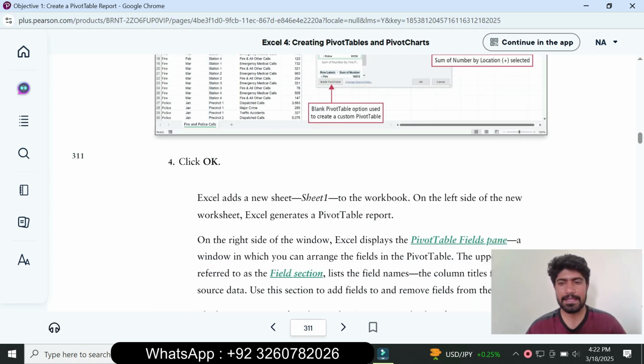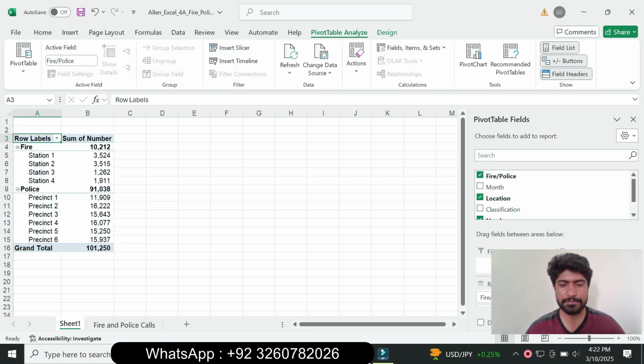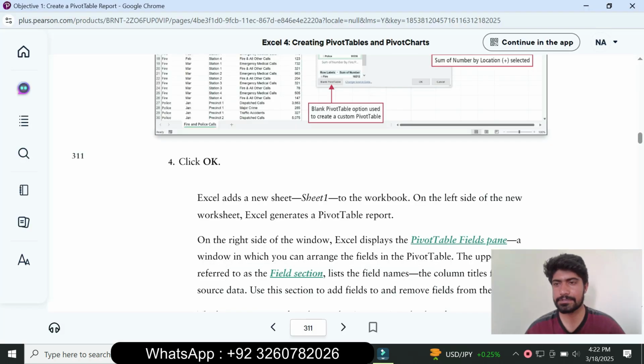Next, Excel adds a new Sheet1 to the workbook on the left side of the new worksheets and Excel generates the pivot reports. So generate the Sheet1 and next is